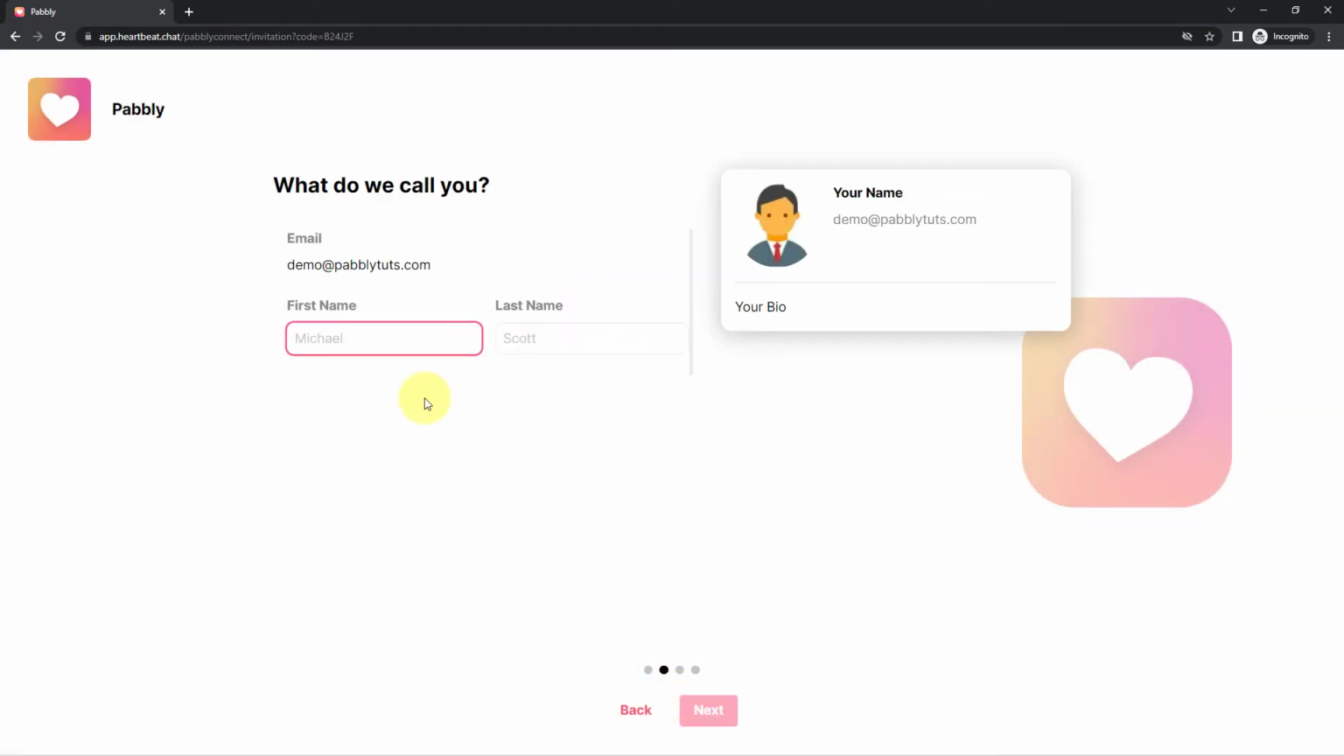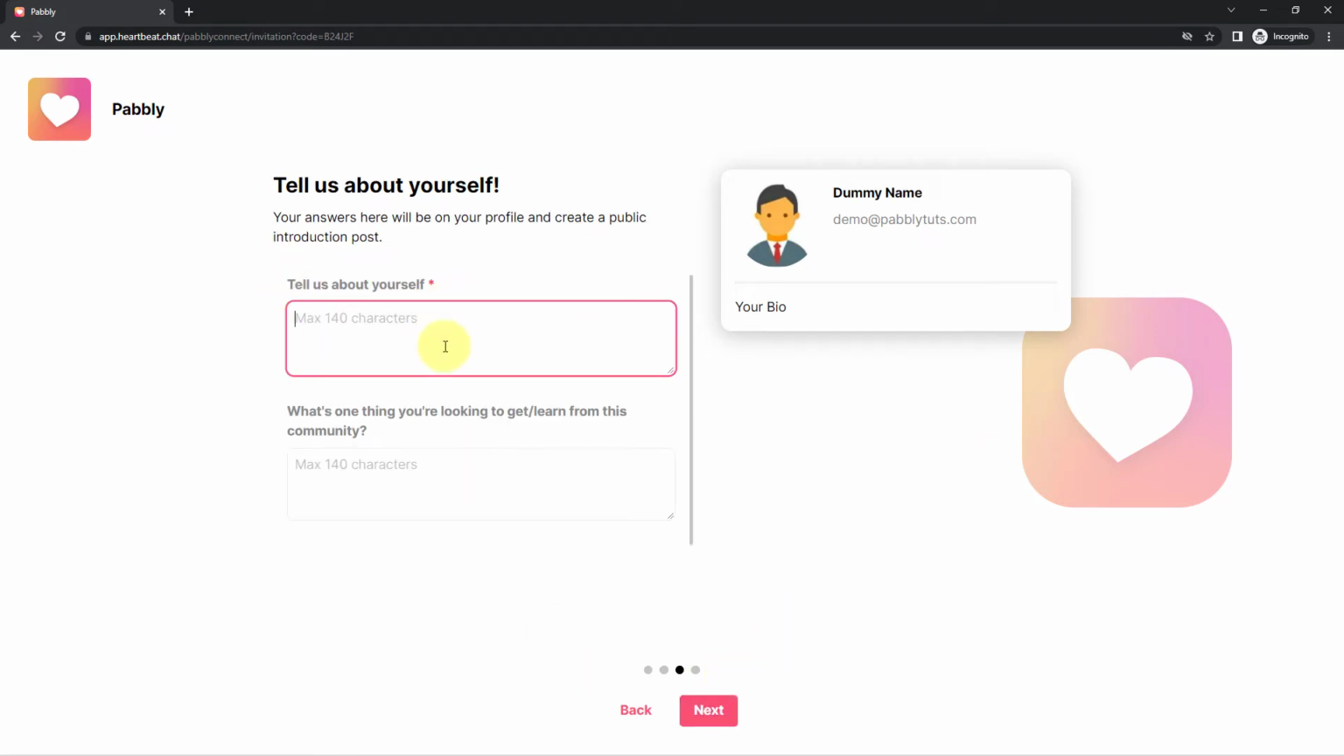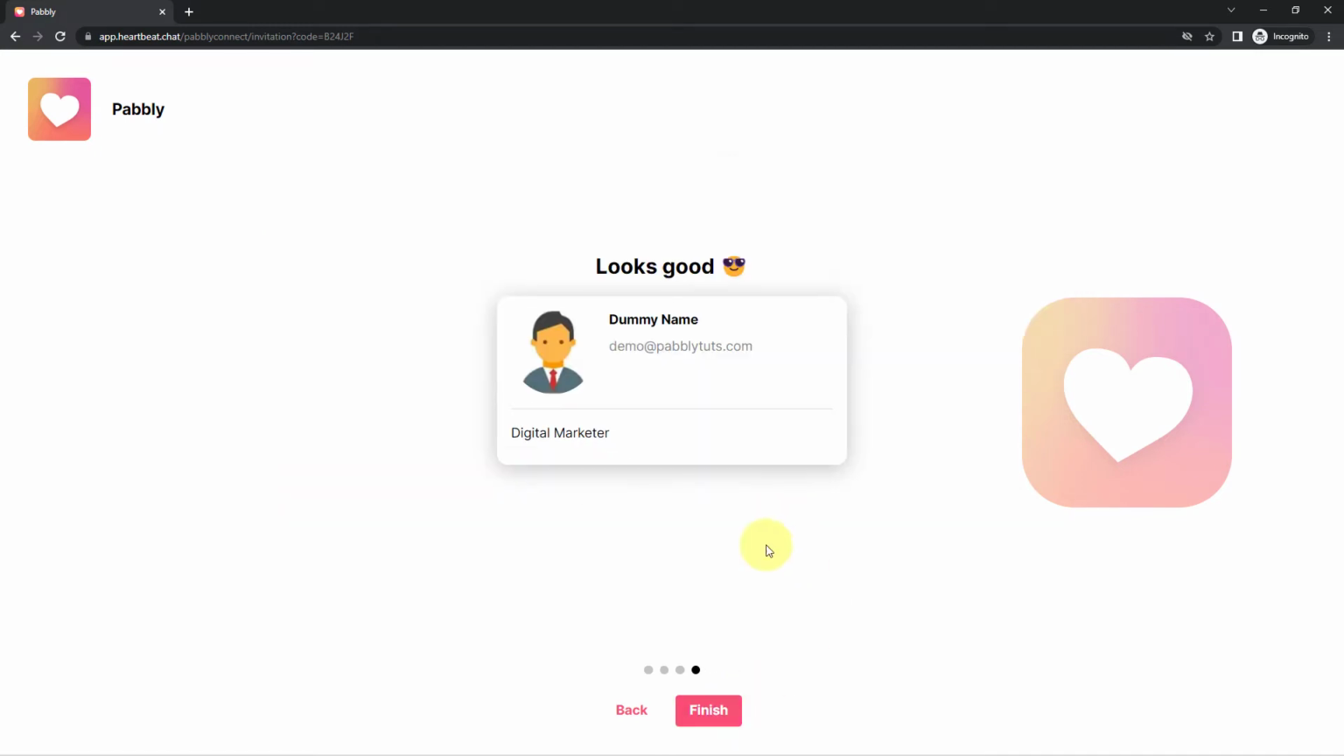Then it is asking us for the name of the person or name of this user who is joining our community. For example, we will enter the name as dummy name. Let's click on next. Then it is asking us for the bio of this person. For example, I'll just enter the bio as digital marketer. Digital marketer it is, and let's click on next. So just now we have successfully completed the profile of the new user who is joining our Heartbeat community. Let's click on finish, and then we will see that this new user will be joining our Heartbeat